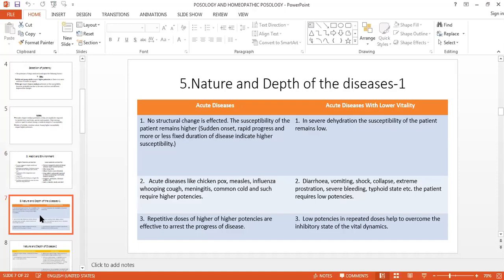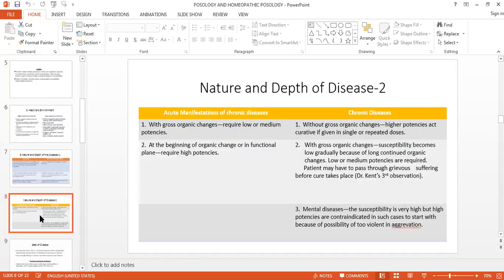depth of the disease. So one thing is clear, that if that person has a lot of pathological changes, then we have to restrict ourselves to the lower potency. We should not prescribe the higher potency, because there is already tissue degeneration, that person is suffering, the vital force is also damaged, the life energy is disturbed, and if you add a much more similar and much stronger disease, then this will affect the body. So we have to restrict ourselves to the lower potency.